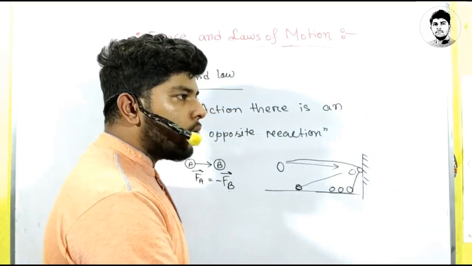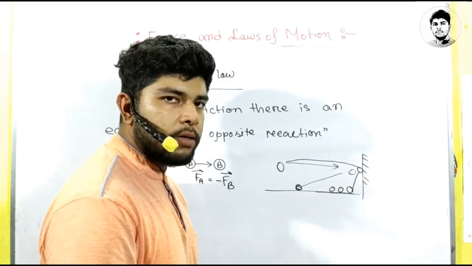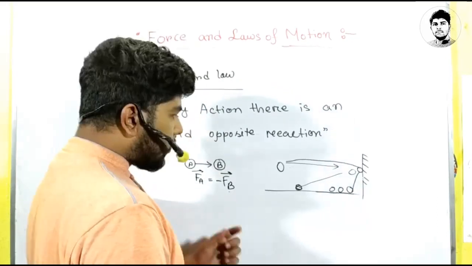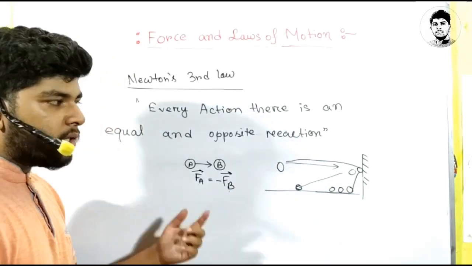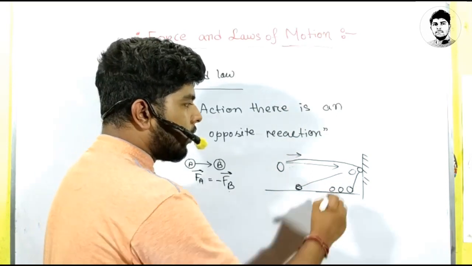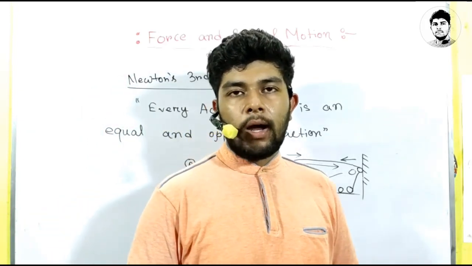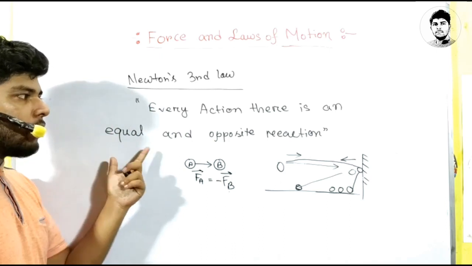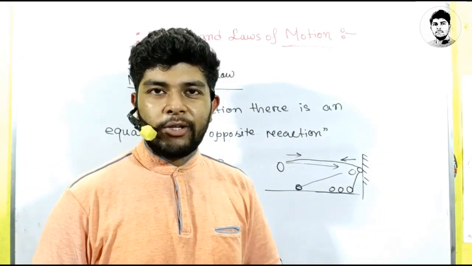If you throw hard, the wall also exerts the same amount of force, so that the ball returns back very fast. And if you throw the ball slowly, then the ball comes back slowly. That means the amount of force from you and from the wall is the same, but the direction is opposite. You applied force in this direction and the wall applied force in this direction. Okay, this is Newton's third law. Now you can understand the meaning of that statement: every action has an equal and opposite reaction. For a joke, if you hit someone, he will hit you.